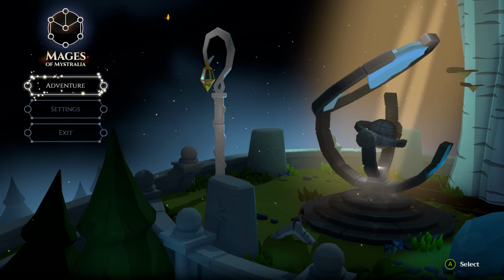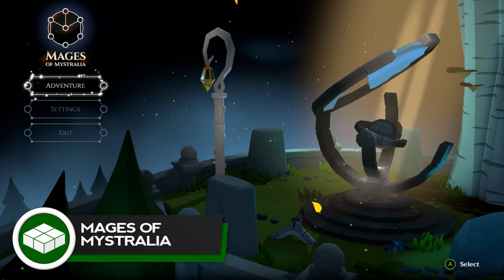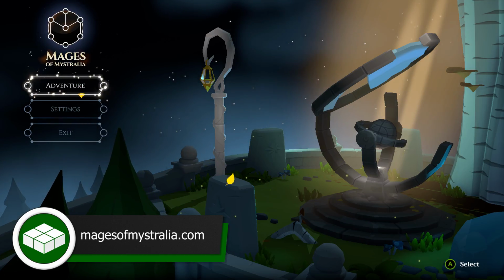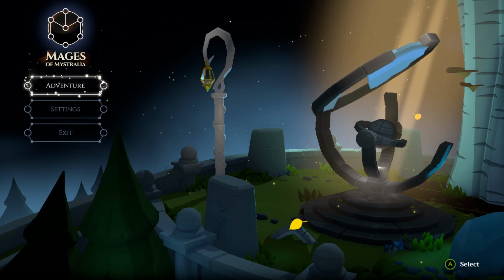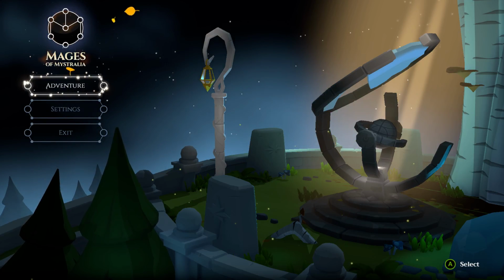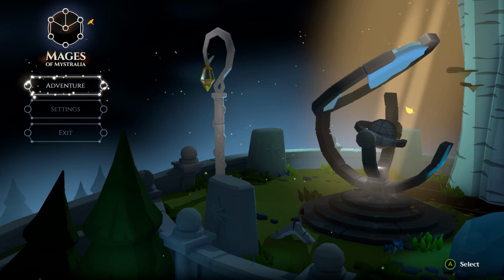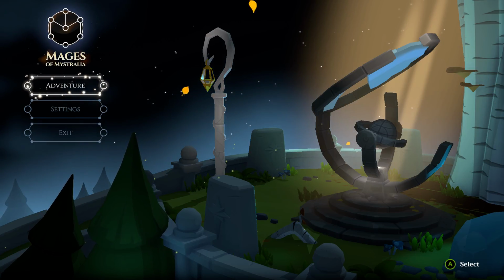How's it going, guys? John here from the Killer Bits, and today we are taking a look at Mages of Mystralia. Is that Mystralia? You can see it on screen there. But yeah, this is a new, almost top-down, almost hack and slash. The devs have pitched it as somewhere between Legend of Zelda meets Harry Potter, because the main gimmick for the game is you are a mage, and you can actually craft the spells